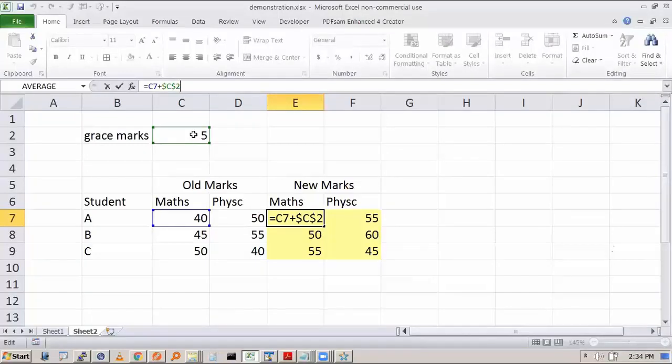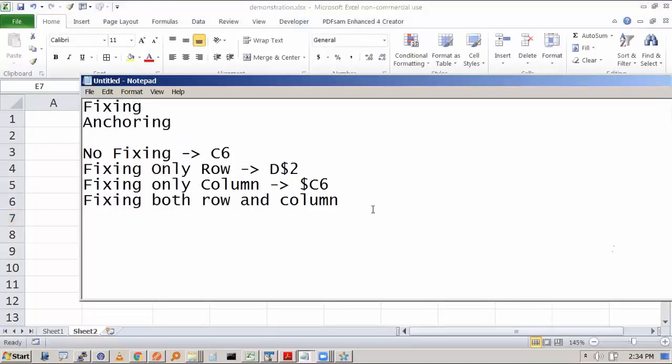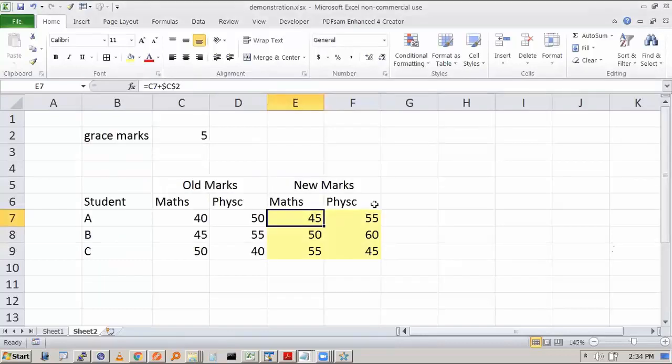It remains constant even when the row is changing or the column is changing. So both row and column have to be fixed. So $C$2.